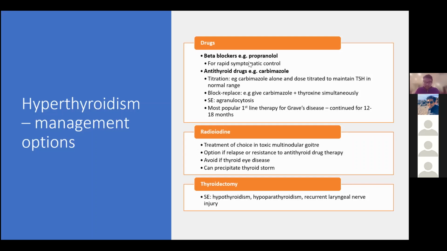Thyroid eye disease is another name for Graves' orbitopathy or Graves' ophthalmoplegia. So basically, it's where the TSH receptor autoantibodies cause inflammation at the back of the eye, usually by binding to different structures and soft tissues, and this causes ophthalmoplegia. But that's usually a bit more specialist. And usually when you detect it, it's managed by ophthalmologists. And you want to avoid radioiodine in thyroid eye disease because it can worsen and accelerate the progression of thyroid eye disease.